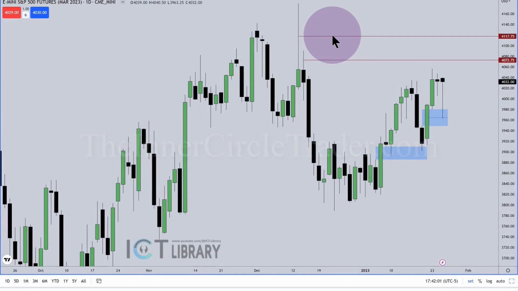Rolling on over into E-mini S&P. This is our daily chart. Obviously, this high is important. I just don't have it on the chart because I want you to see the distinctions between these levels. We have the consequent encroachment of this wick, 4117.75. Consequent encroachment of this candle's wick, which is